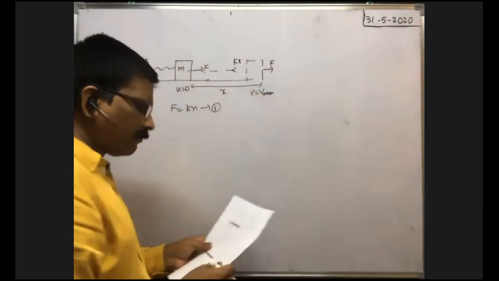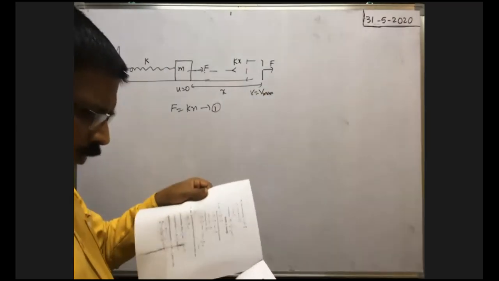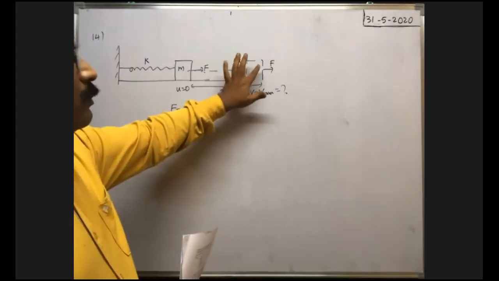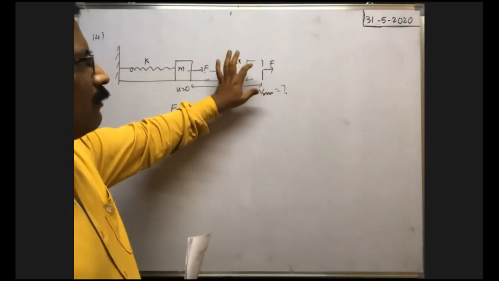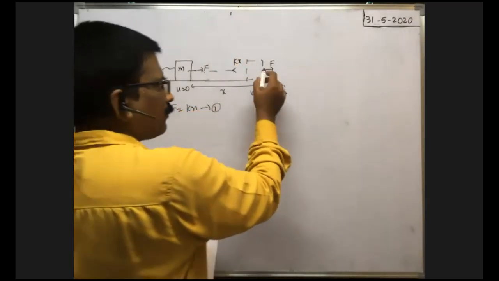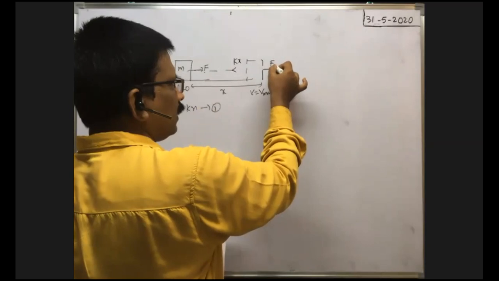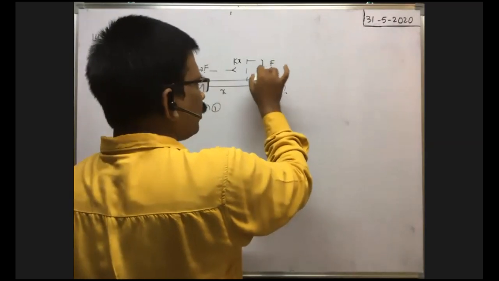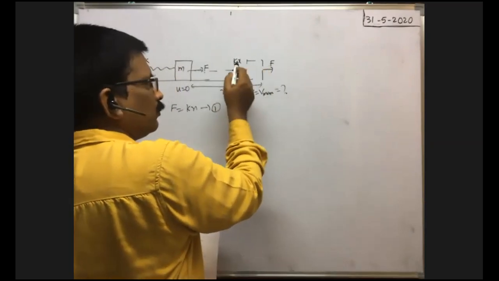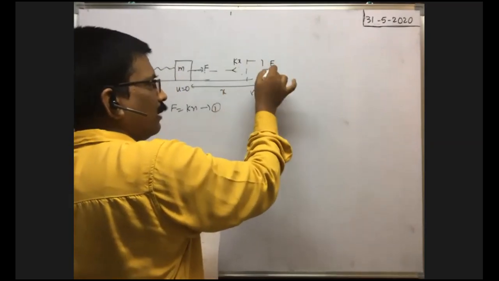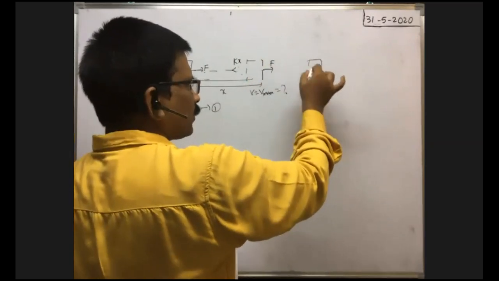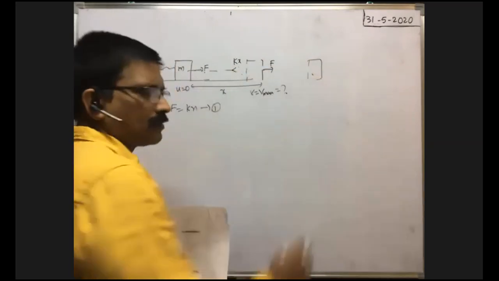Velocity acquired is maximum. Here they asked what is the maximum speed. This maximum speed they asked. So whenever the net force becomes 0, at that time what is the maximum velocity acquired by the block, they asked. After that, if you are still applying the force, then the extension further increases so that the spring force developed is greater than F. That's why the body travels with a deceleration, and after reaching some extreme position, it comes to rest. So it makes to-and-fro oscillations like this.